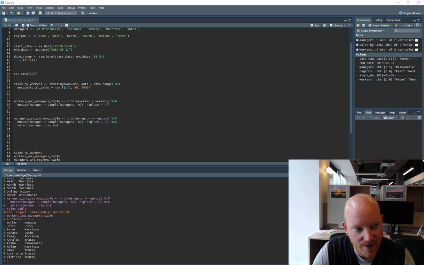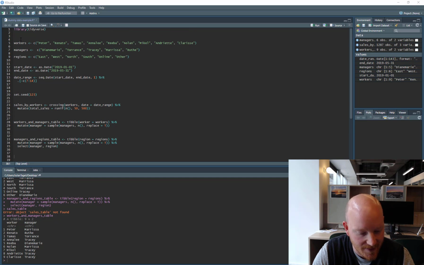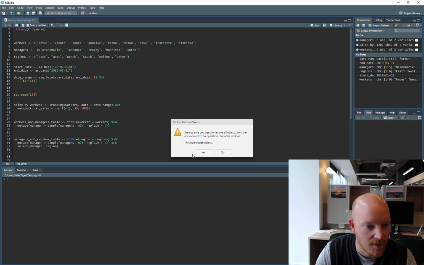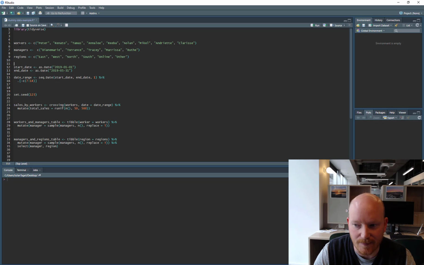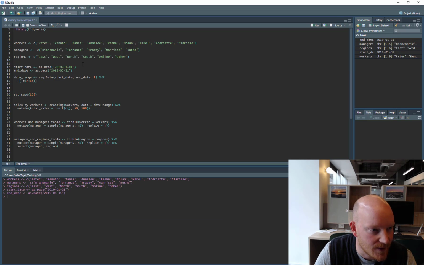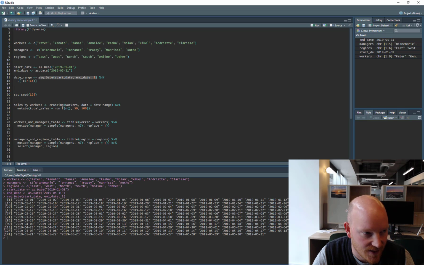Okay, so I've gone ahead and generated a whole bunch of dummy data, and I'm just going to clear my workspace. Okay, so I've got all this dummy data, and I'm going to use it to demonstrate the different types of joins. So we've got a whole bunch of workers, and a whole bunch of managers, and a whole bunch of regions. We've got some start dates and an end date, and then what's happening here is I'm using this function to generate a sequence of dates from the start and end, but then I'm also doing something else